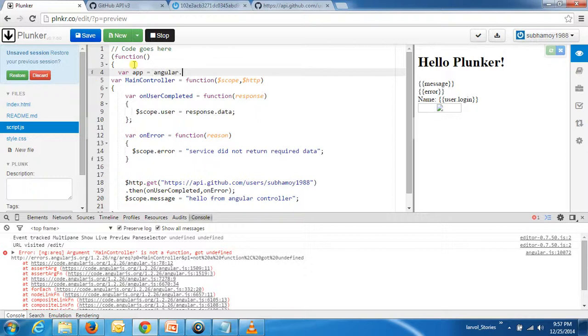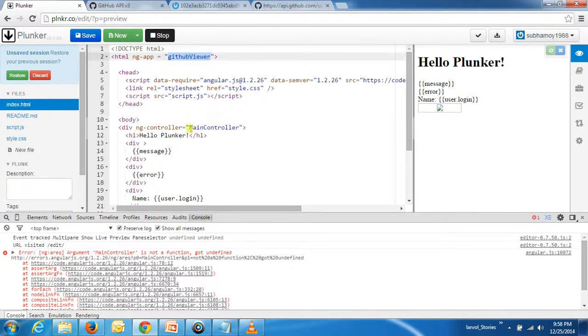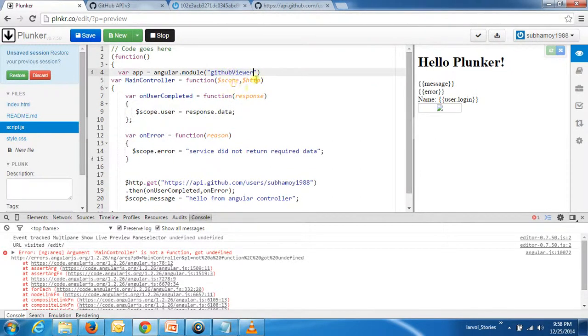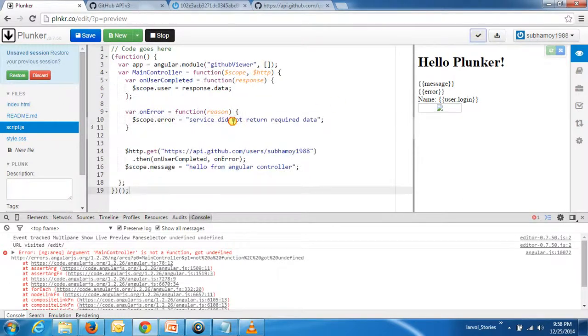The syntax is something like this: angular.module, GitHub viewer, and we'll pass it as an array. Okay, so let's beautify our code a bit. Yeah, it's good now. And then with our app,